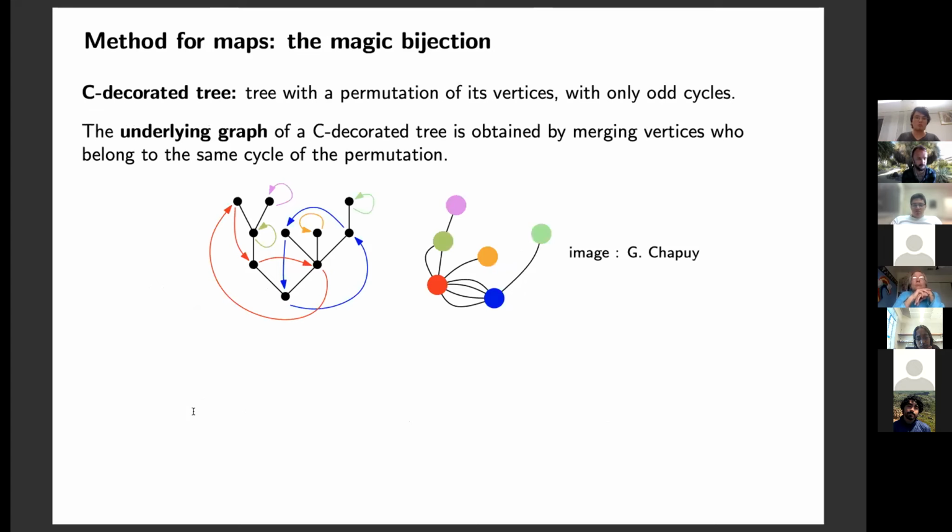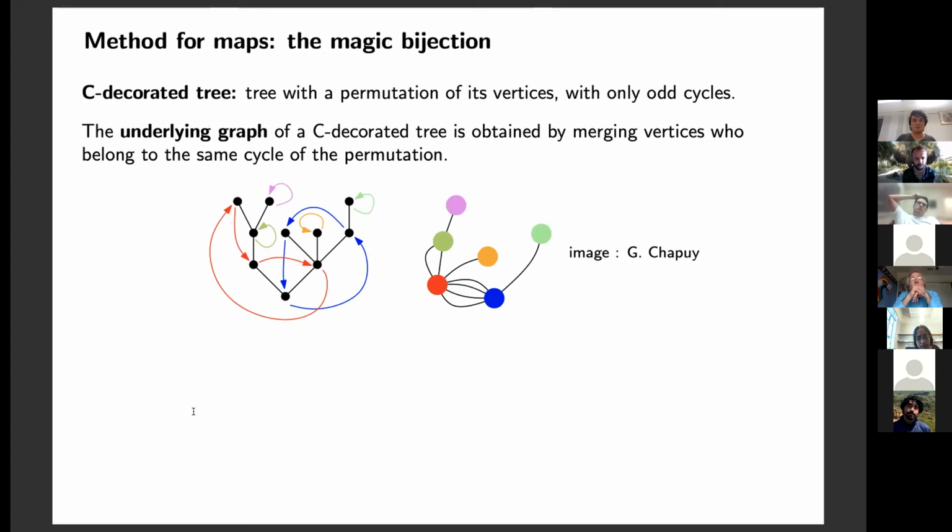In our model, we don't do the same thing. We don't cut along curves, because if you cut along a curve, we will have a map with one face and two boundaries, and we want to stay within the world of maps with one face. But there's a very beautiful bijection due to Chapuis, Féray, and Fusy